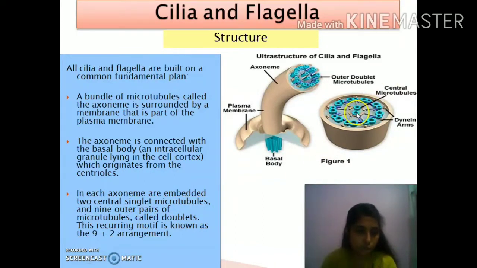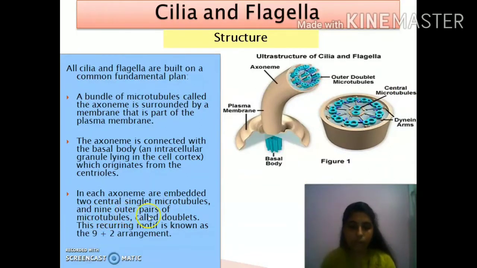Here you can see two microtubules are placed at the middle, at the center. So these two are termed as the central microtubules. Am I clear to all of you? Why are they termed as central singlet? Because they are present singly, one, one. That is, two central singlet microtubules. Okay. Next,